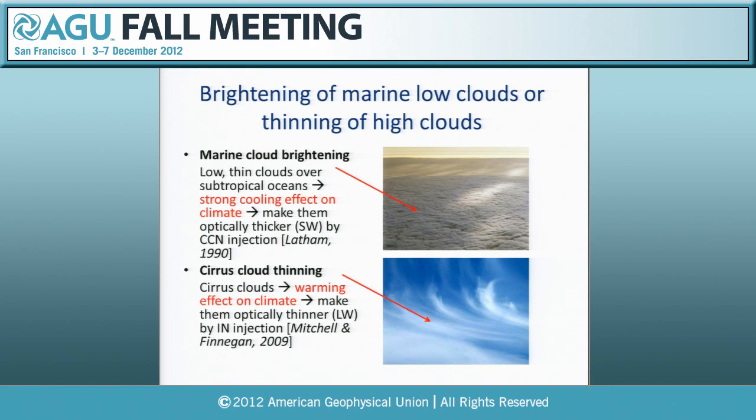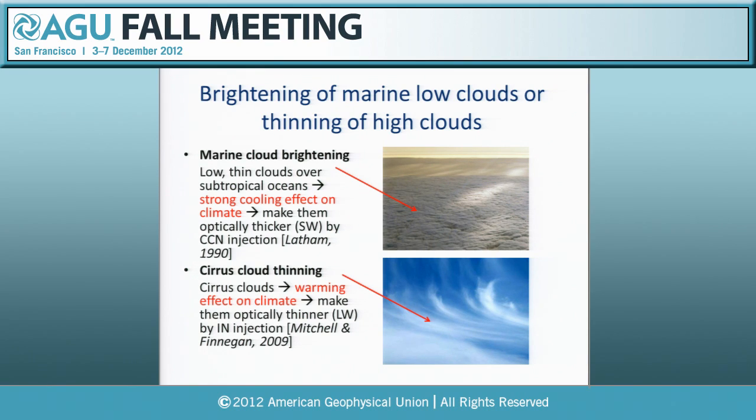First of all, there are basically two methods that have been proposed. One has been around for a while, marine cloud brightening, which was suggested by John Latham more than 20 years ago. The idea here is that we have these relatively thin low clouds over the subtropical oceans, and they have a very strong cooling effect on climate because the underlying albedo is low, but their albedo is high, and the sun is high. If we can make them optically thicker by injecting more CCN, then we can enhance